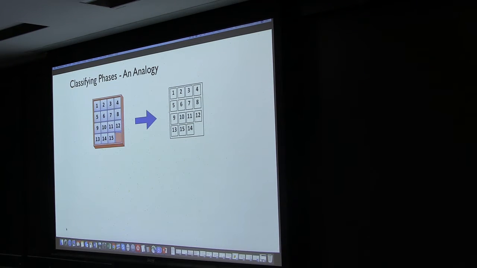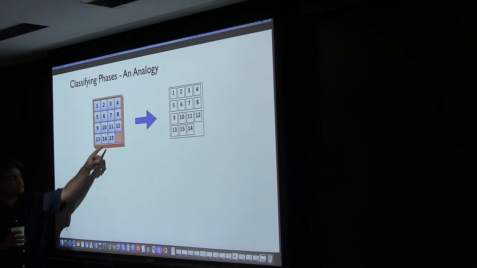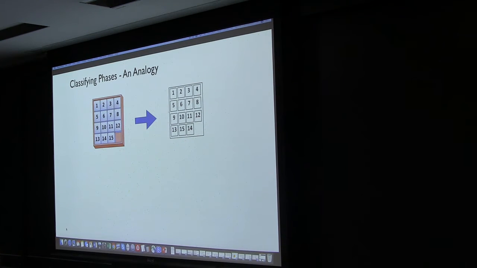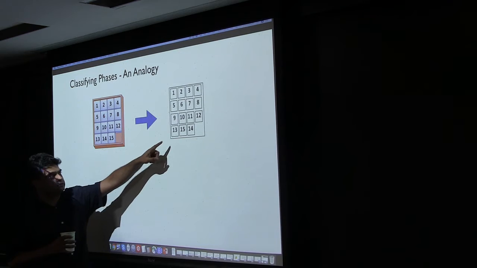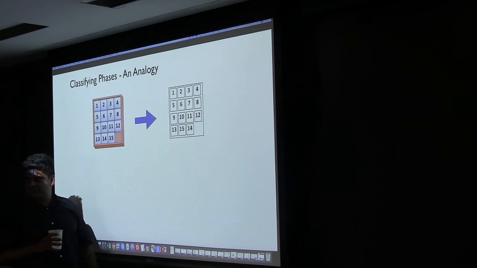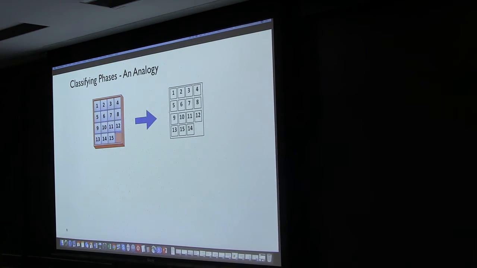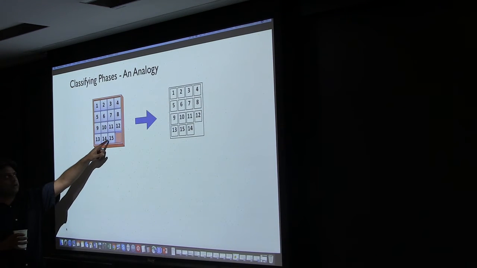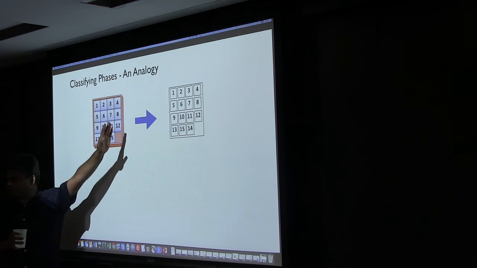Okay, so it's a little bit like this kind of game, back in the days when people actually had a physical game, right? You would move these squares around, and you're supposed to go from this sequence of numbers to this one over here, with just the last two numbers exchanged. And the question is, can you do that in a smooth way? You're only allowed to move into the empty square or not.